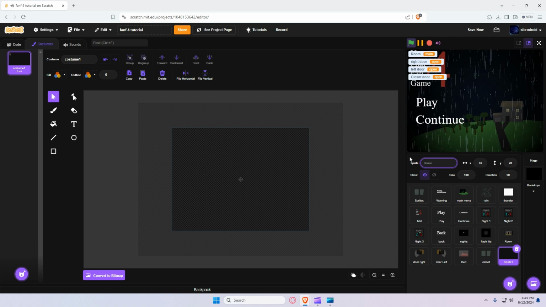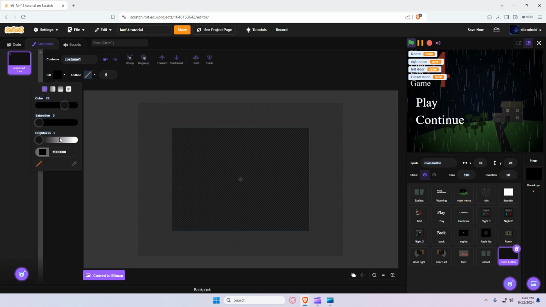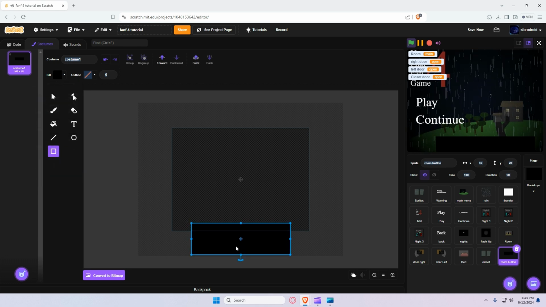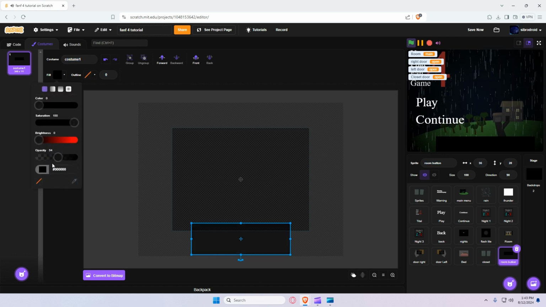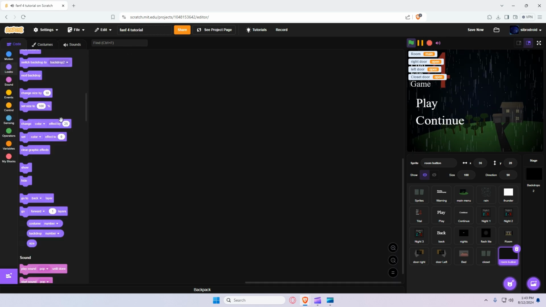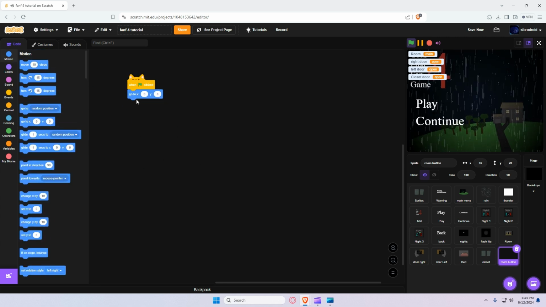Call it room button, and what it's gonna look like is basically a tiny transparent box, like right here. It's gonna be barely 1% transparency, and the code for it is gonna be when flag is clicked, go to 0,